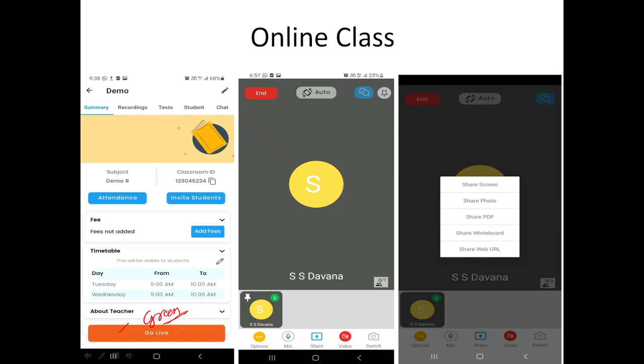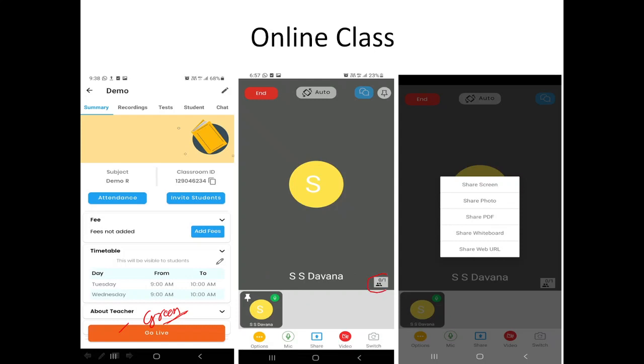When the class time is over, this tab is going to turn red. When you have a class time, it is going to turn green. Now click on go live. It's going to display the window as shown in this screenshot.